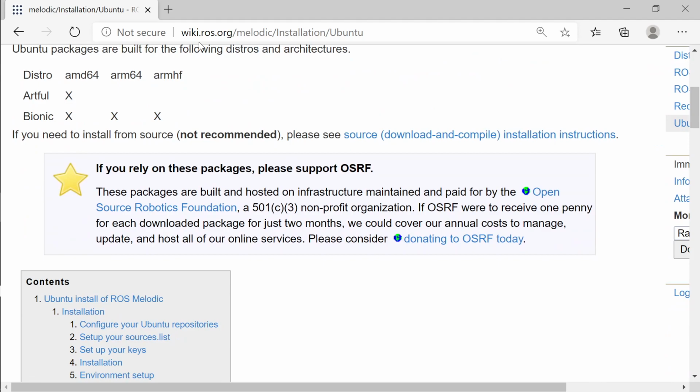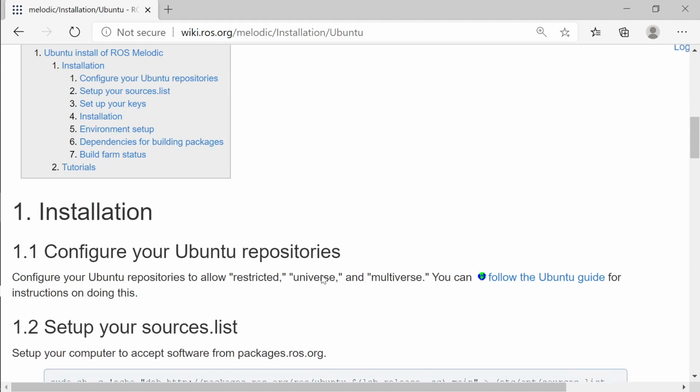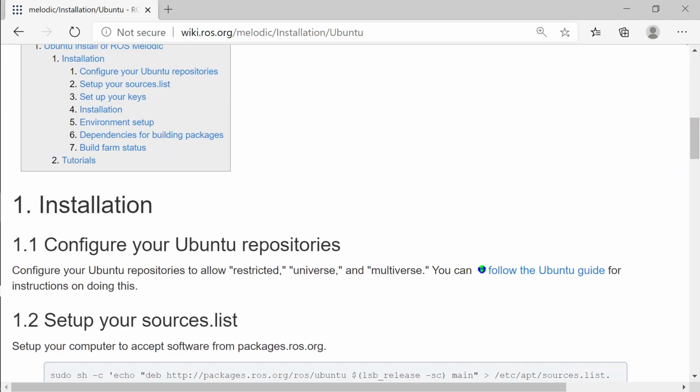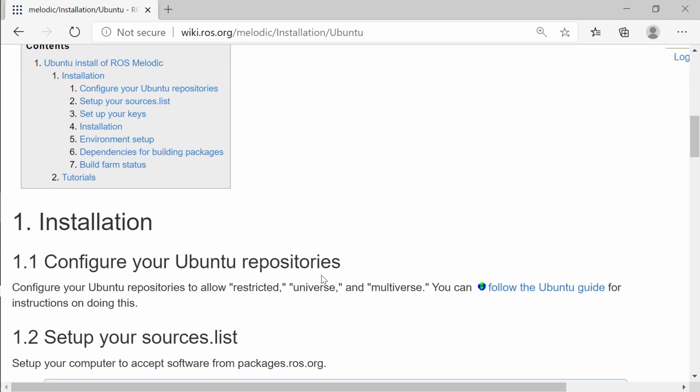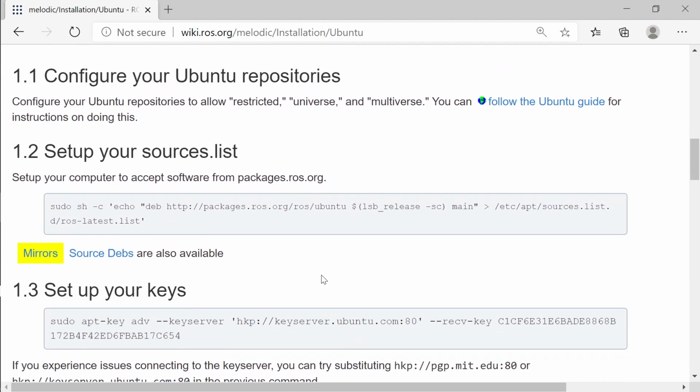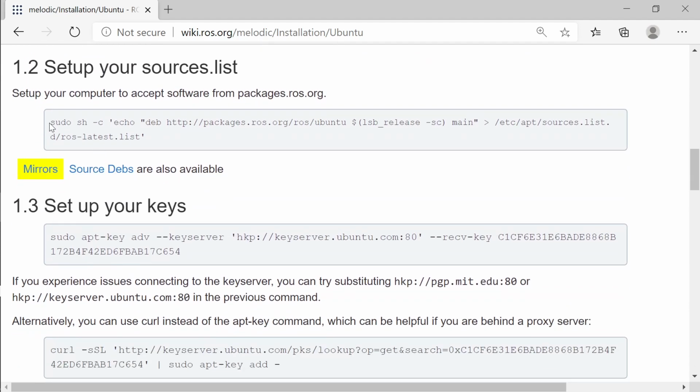So you need to see which version of ROS you want to use. I'm using ROS Melodic. You may use ROS Noetic. If you have 20.04, then I think you can use ROS Noetic or ROS Foxy. The first command is to update the list of ROS packages. So we take this command,